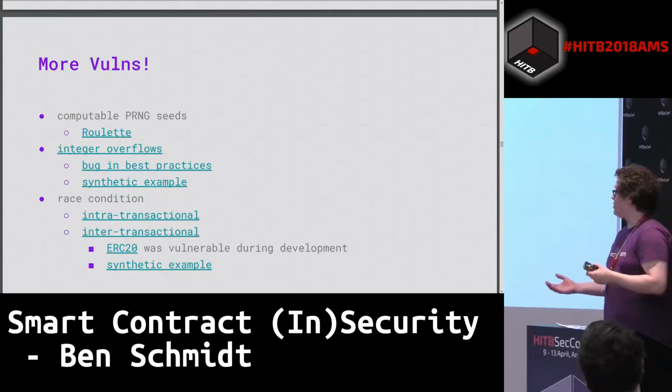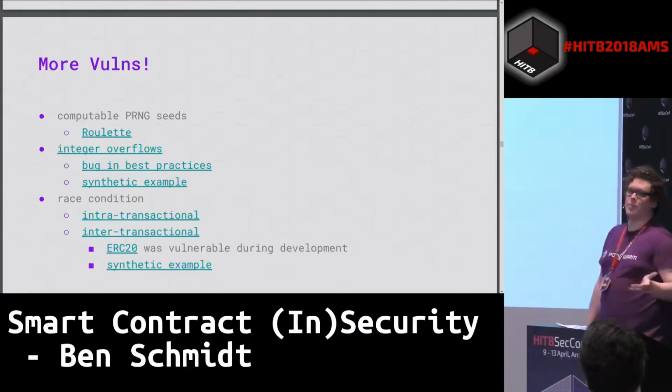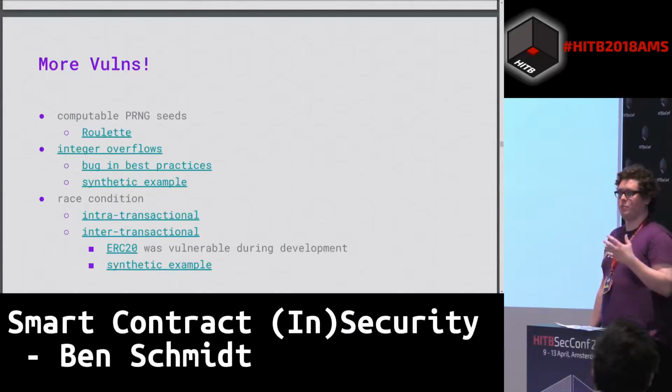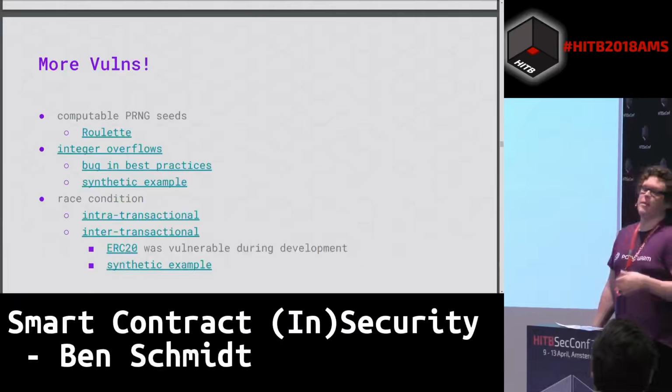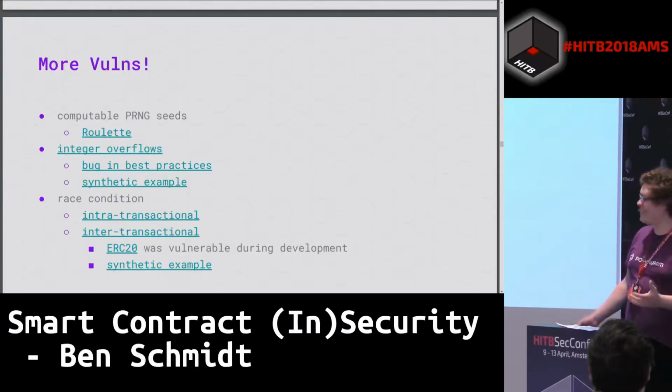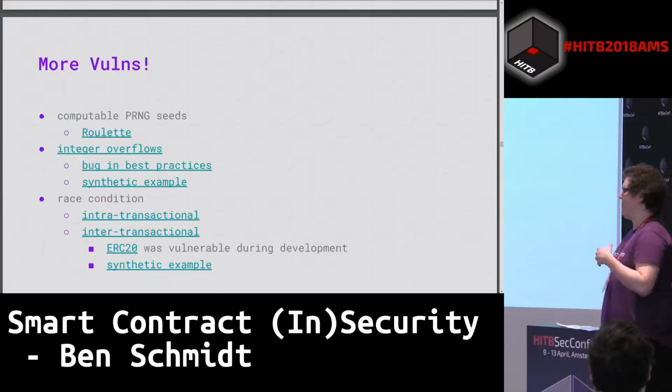There's a bunch of other types of vulnerabilities that are pretty common. Generating random data on the blockchain is actually pretty hard. One of the most common ways to do it nowadays, because it's so hard, is to pull from data sources of people who periodically publish output from random.org to the chain. I don't know how much you trust that, but I don't very much.